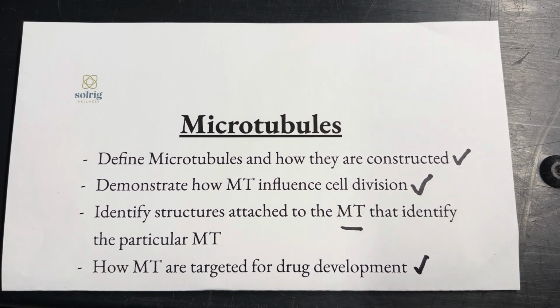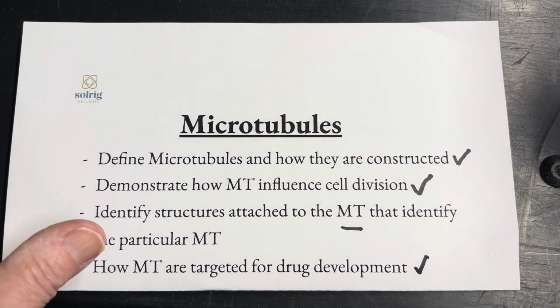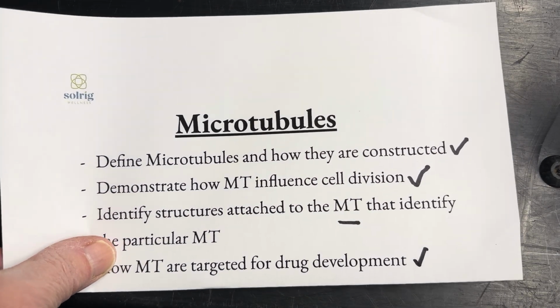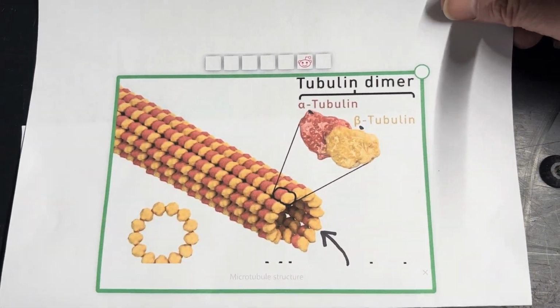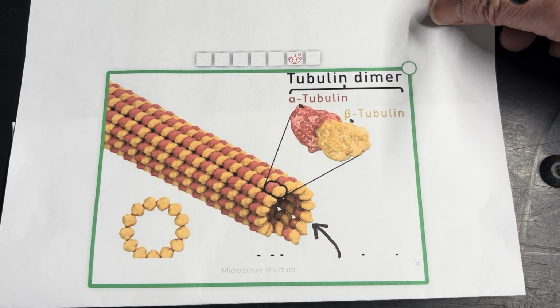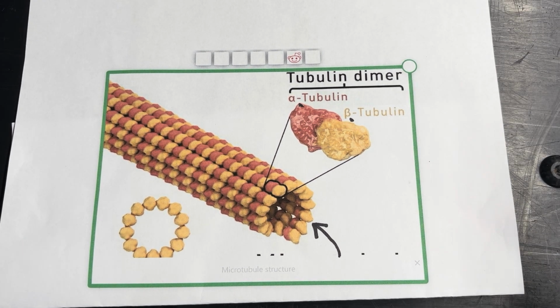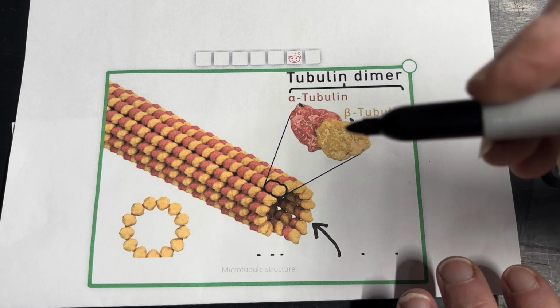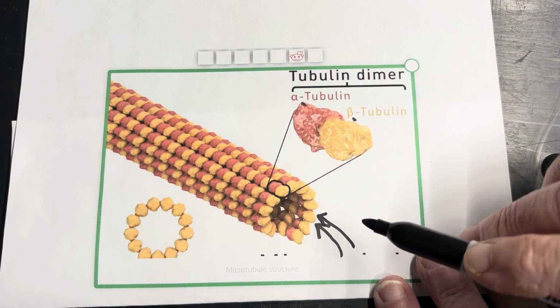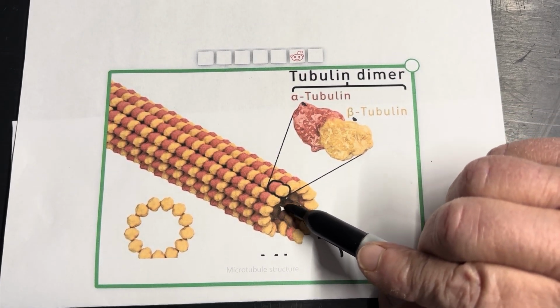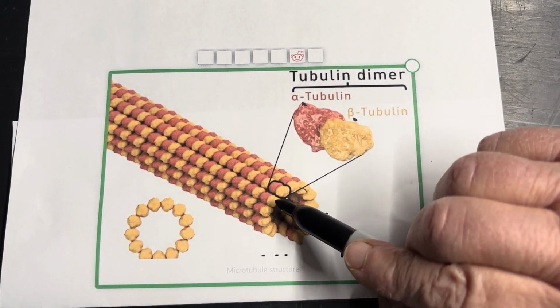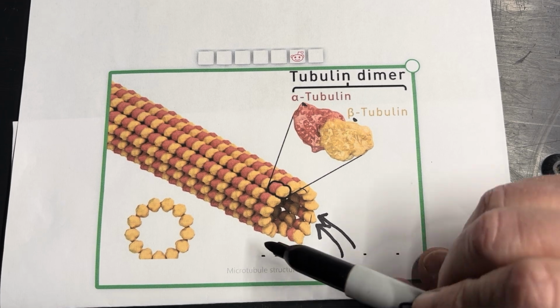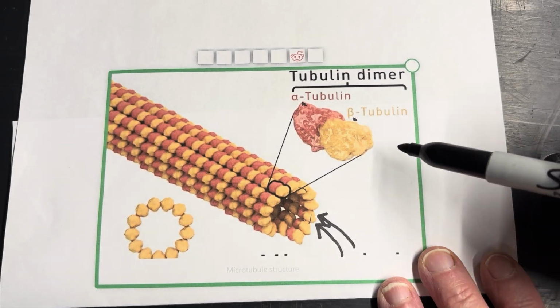So let's first look at what a microtubule is, and you're going to just latch onto this and say, wow, this is really crazy good. And so I have a wonderful diagram here of a microtubule. The interesting part about this is what you're looking at is very, very tiny. It's hollow. These little areas inside this spiral are hollow like a slinky, and the structure is made out of